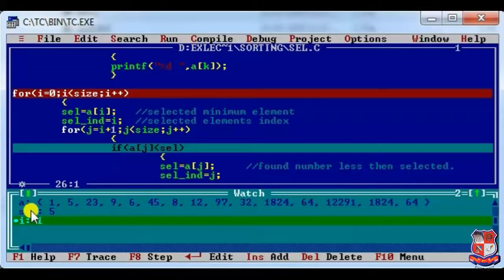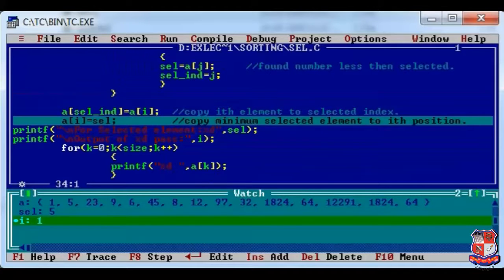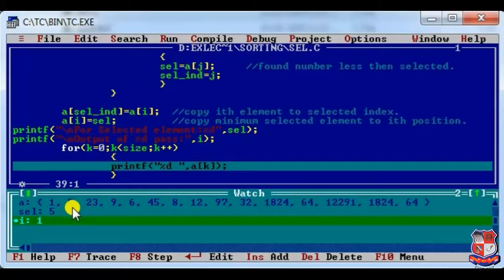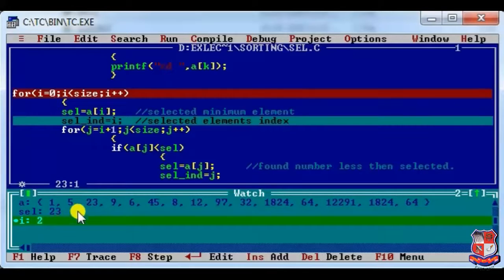As you can see, right now it is considering the 5 as the smallest element. Okay, as it progresses, second pass has been completed, so 5 will remain as the smallest element, so it will be placed to its proper place. Okay, now next element is 23. Now I need to compare only the rest of the elements. 1 and 5 have already been placed to their proper position, so we don't need to compare them now onwards.